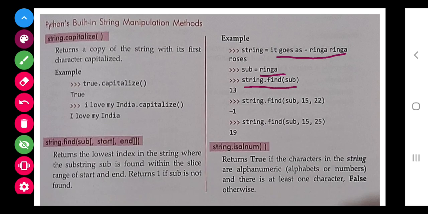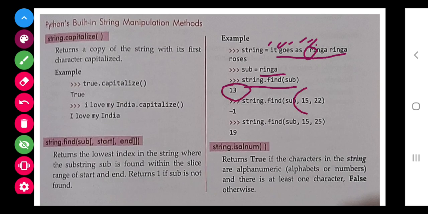Now string.find(substring). If you calculate the index 0, 1, 2, 3, 4, then this first substring, the lowest index is 13, so that's why 13 is coming.